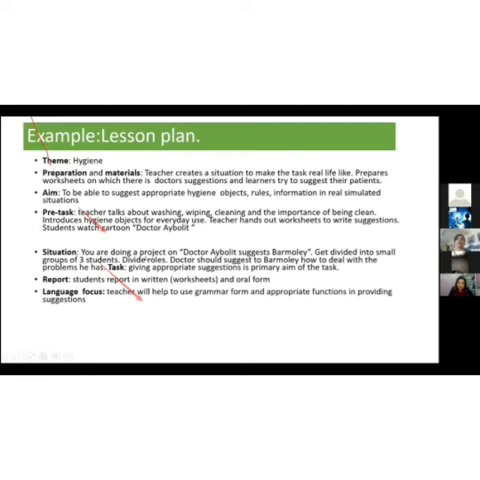So after the task, students report, or they can report in written form. For the language focus, the teacher will help to use grammar forms and appropriate functions in providing suggestions. Task-based language learning is kind of all the rage these days as part of the overall communication approach. This focuses on having students be competent communicators, as opposed to some of the older models like grammar translation or PPP,